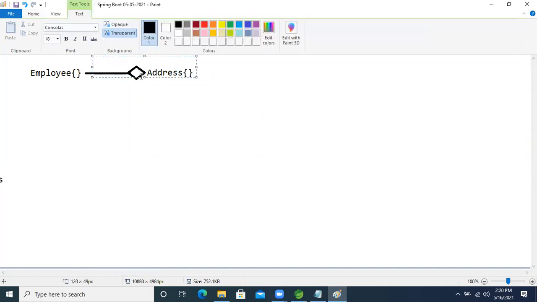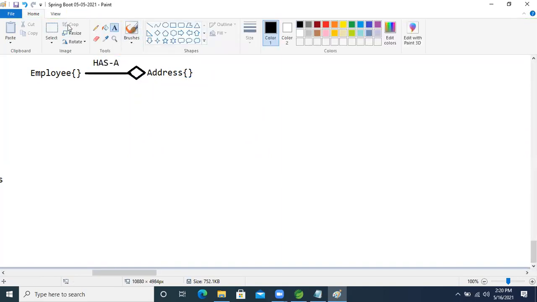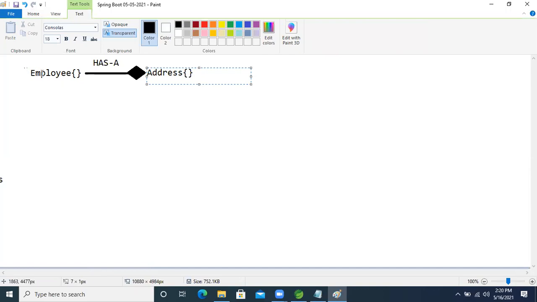So where will development start, guys? From the child. In this case, which one is the child and which is the parent? The address class is the child class, and the employee class is the parent class.